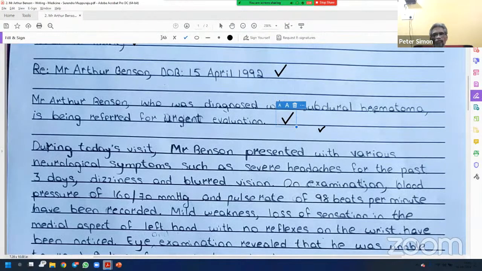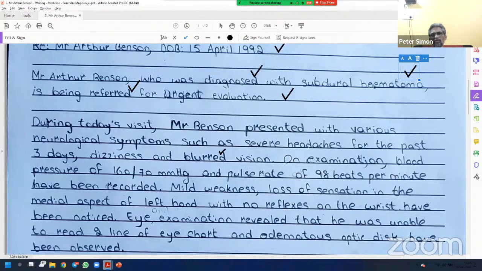Is being referred. Diagnosed subdural hematoma. Okay, fine. Very fine. Excellent. During today's visit, Mr. Benson presented with various neurological symptoms such as severe headaches for the past 3 days, dizziness, and blurred vision. Fine. During today's visit,